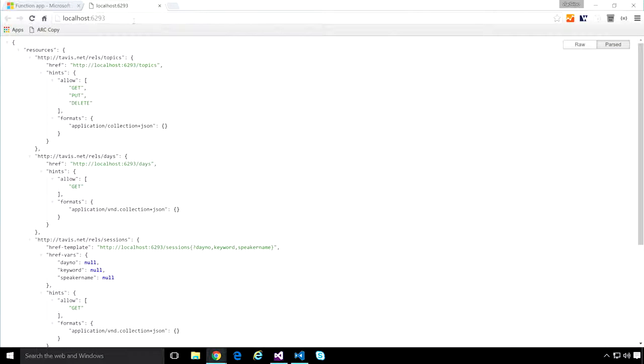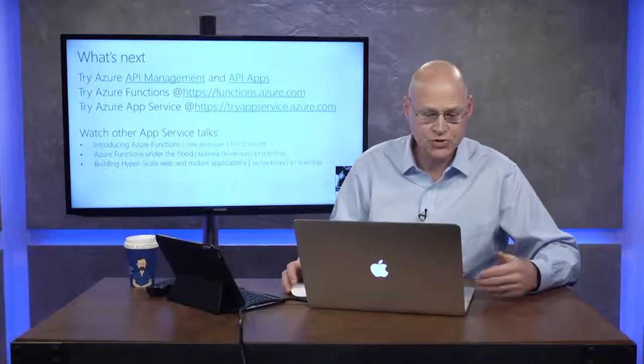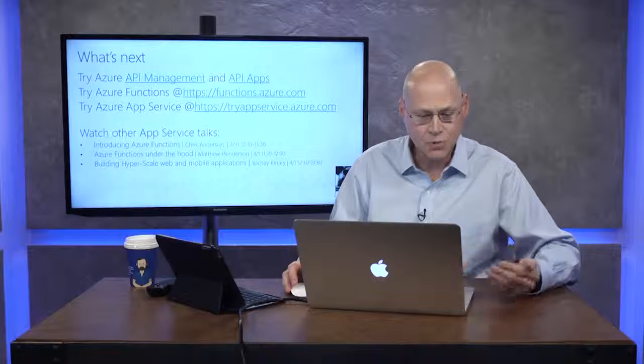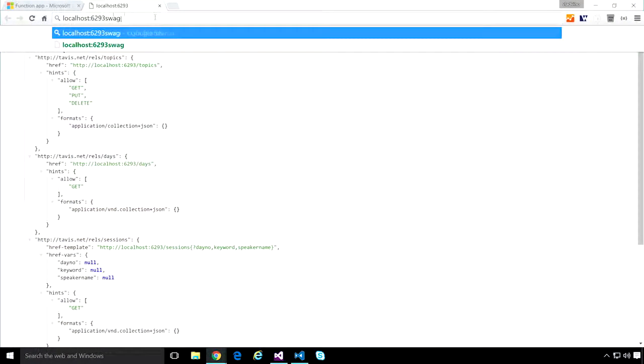The API has started locally. You see I hit the root of that API and it generated what we call a JSON home document. And essentially what it does is describe all the resources exposed by this particular API. So if we go and